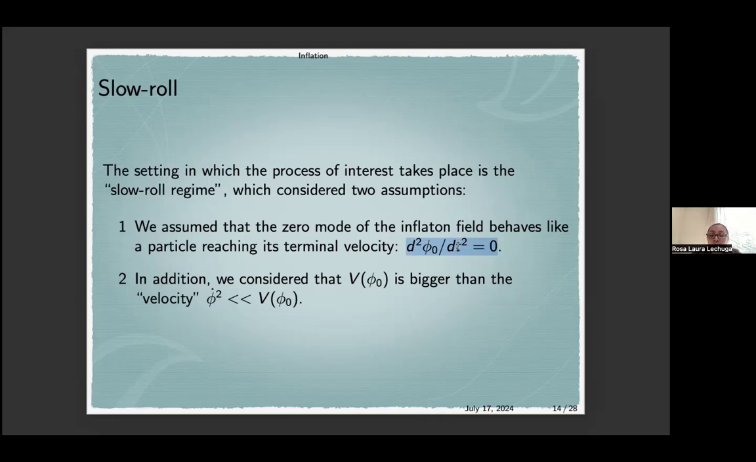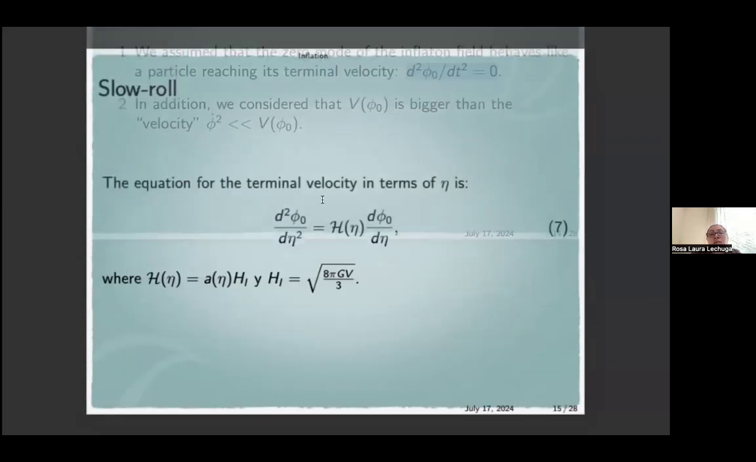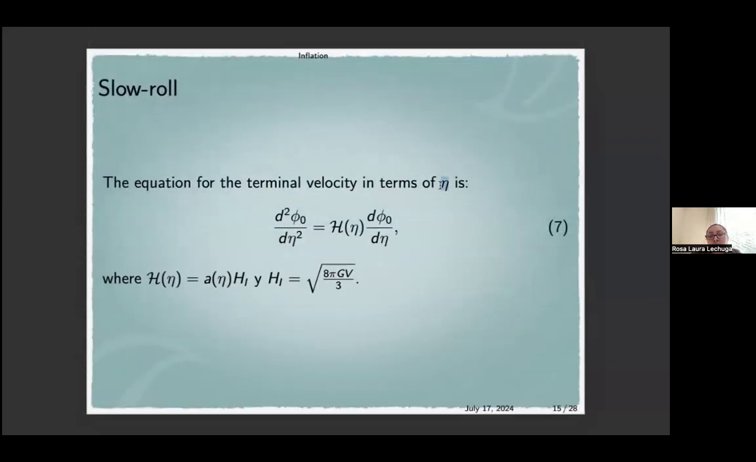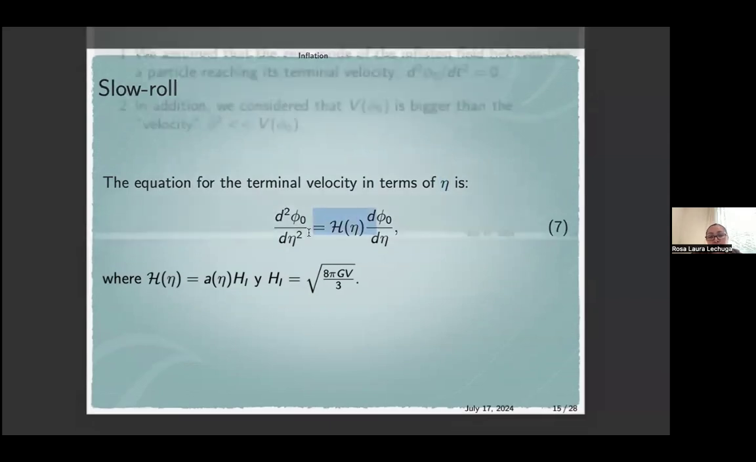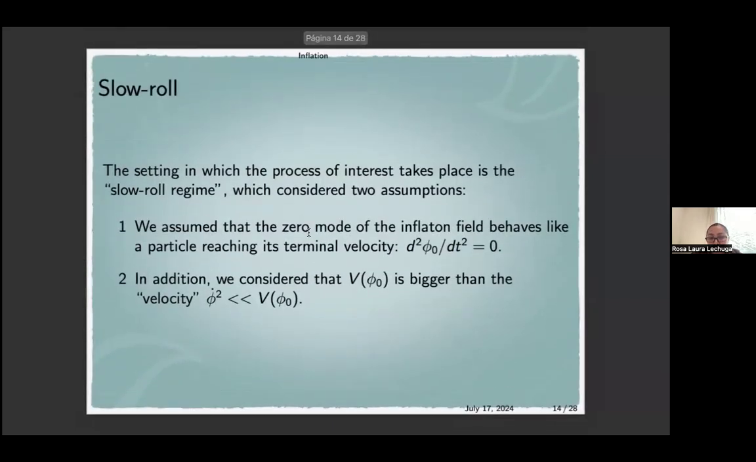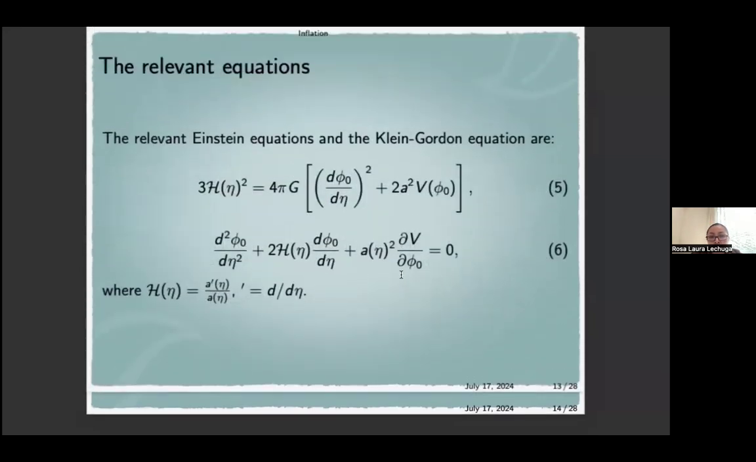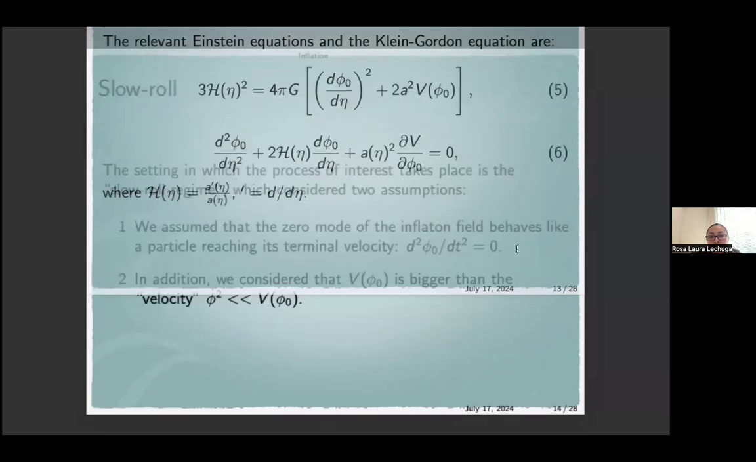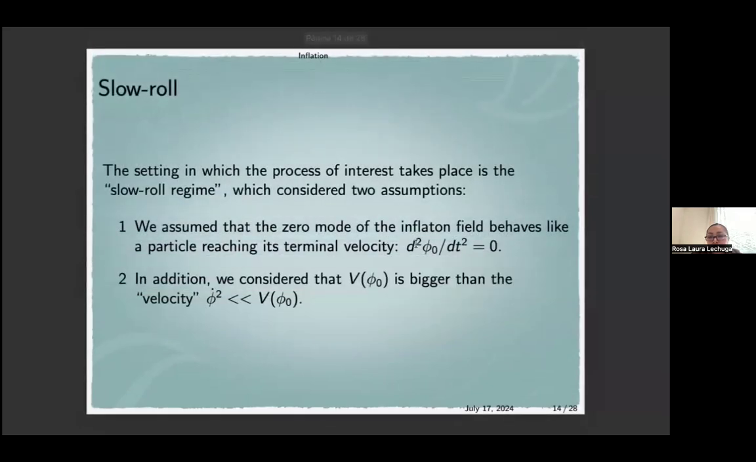And if I want to continue using the conformal time, I need to write this equation first in terms of the physical time and then map to the conformal time as I did here. Okay, but let me take the equations. For example, we're going to apply this condition